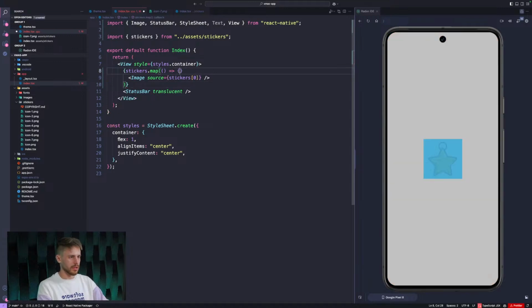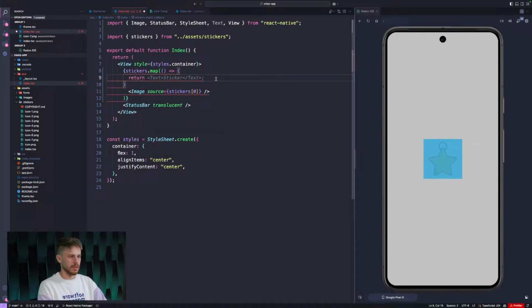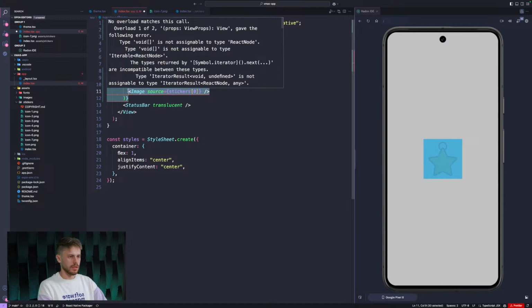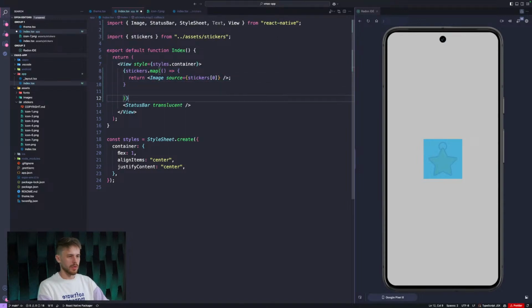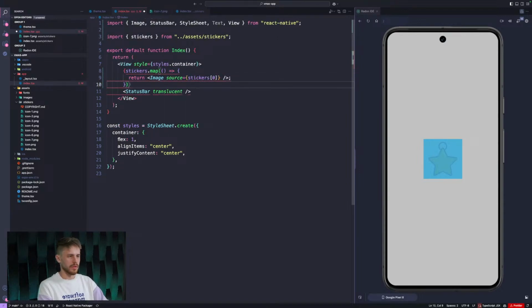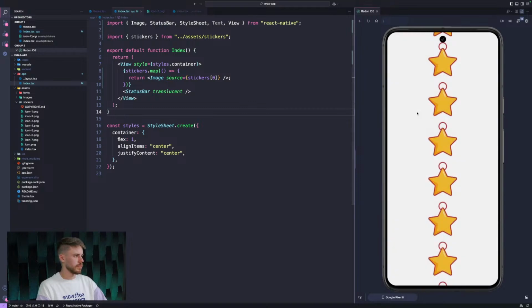That doesn't work. Okay, some copy and pasting. That didn't work. Okay, good. But what we have now is all the same stickers because I forgot to change